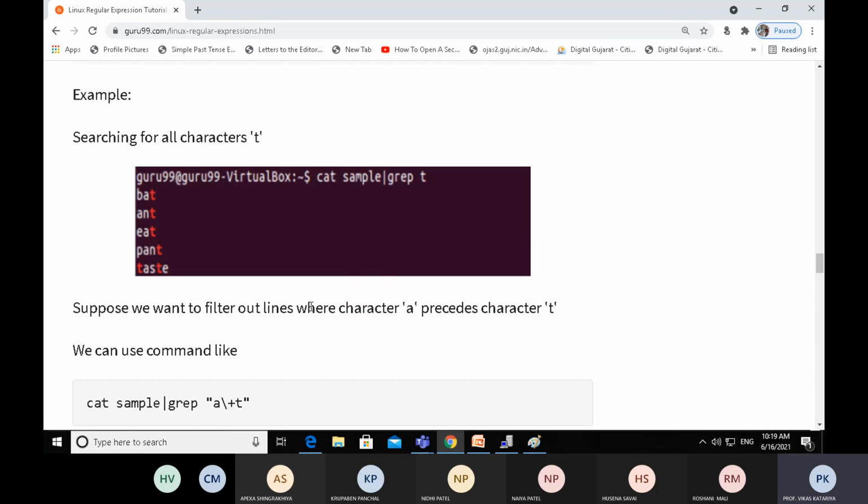Okay, so this is about regular expressions. Now you understand what regular expressions are used in Linux and how we use them in the given command. Mostly grep and sed commands use regular expressions. It is a combination of symbols which have meanings, and it is used for filtering criteria-based records from the file. That is why regular expression is a very big strength of Linux programming. So I hope you understand.